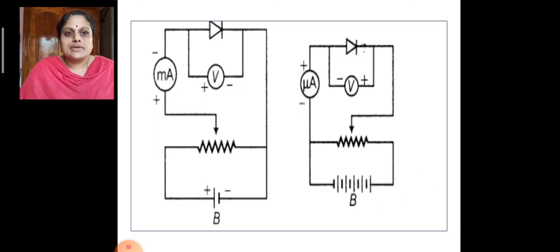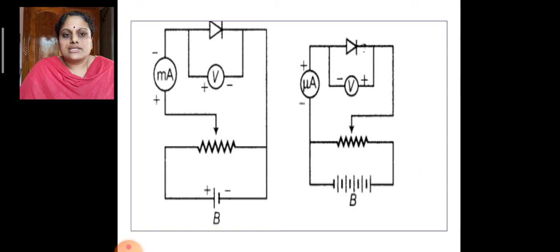While conducting experiments in forward biasing and reverse biasing, these are the circuits most commonly used. The first picture represents the case of forward biasing and the second picture represents the case of reverse biasing. To get the VI characteristics of a diode, initially it is connected in the forward biased condition.